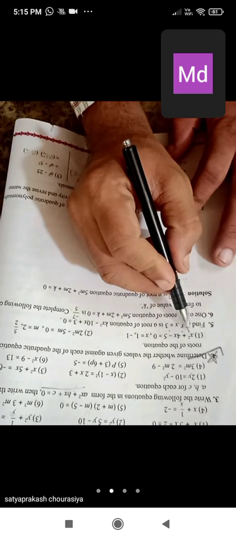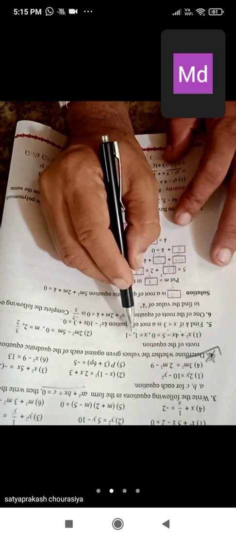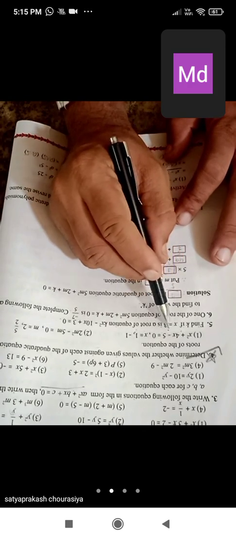Now here the quadratic equation is x square plus 4x minus 5 is equals to 0. When we substitute x is equals to 1, if the left hand side also becomes 0 because the right hand side is 0, then 1 will be a root of this given equation. And if we substitute x is equals to minus 1 in the left hand side of the equation, and this also becomes equals to 0, then minus 1 will be a root of the given quadratic equation. And if it is not, then that will not be a root of the quadratic equation.